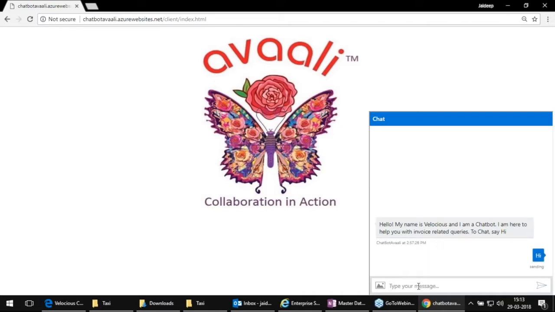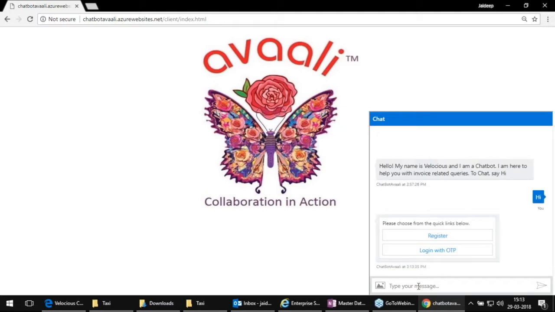What I'm doing here is invoking a session with the chatbot where the connectivity is established between the chatbot and the system in the backend, which fetches the details from the SAP system directly. So what is there in the SAP system for us to fetch? To begin with, we have the vendor master. The vendor master contains information about the vendor ID, vendor number, vendor email ID, and all these things, the contact information about the vendor.